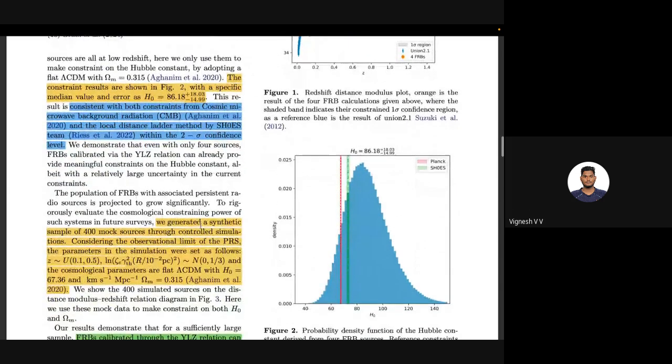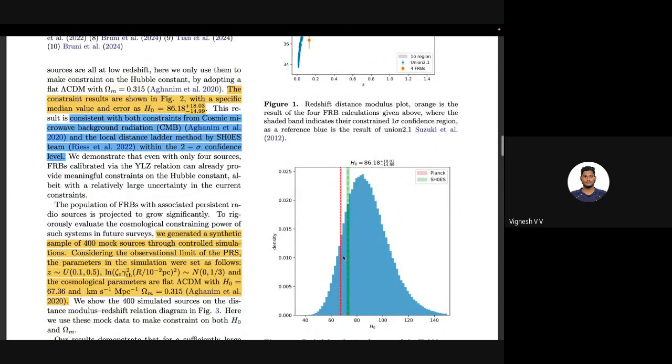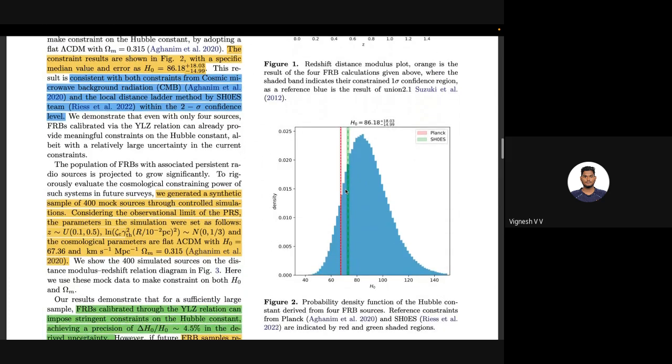And from figure 2, you can see the peak of this probability density function. I mean, the peak of this H naught distribution is within two sigma level confidence for both the CMB as well as the local distance ladder method. So this shows the novelty in their approach. Even though they only used 4 samples, they are still within 2 sigma level